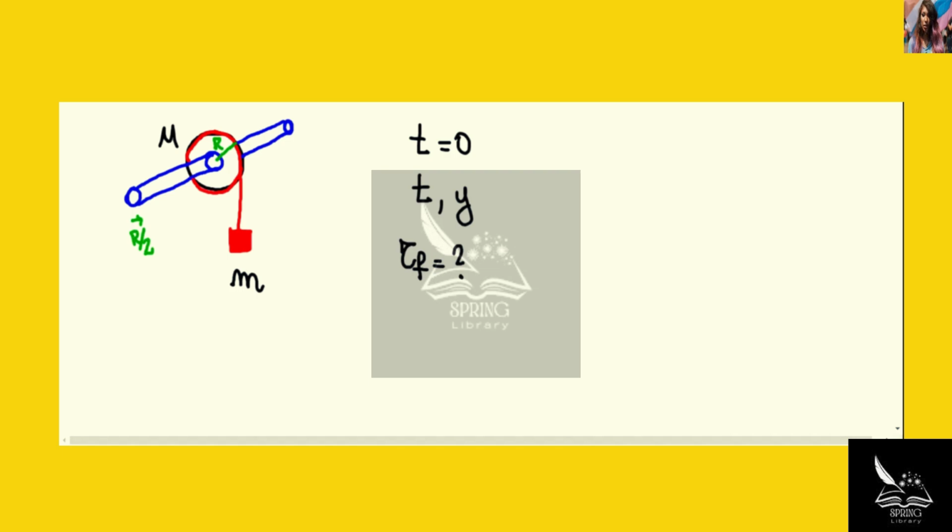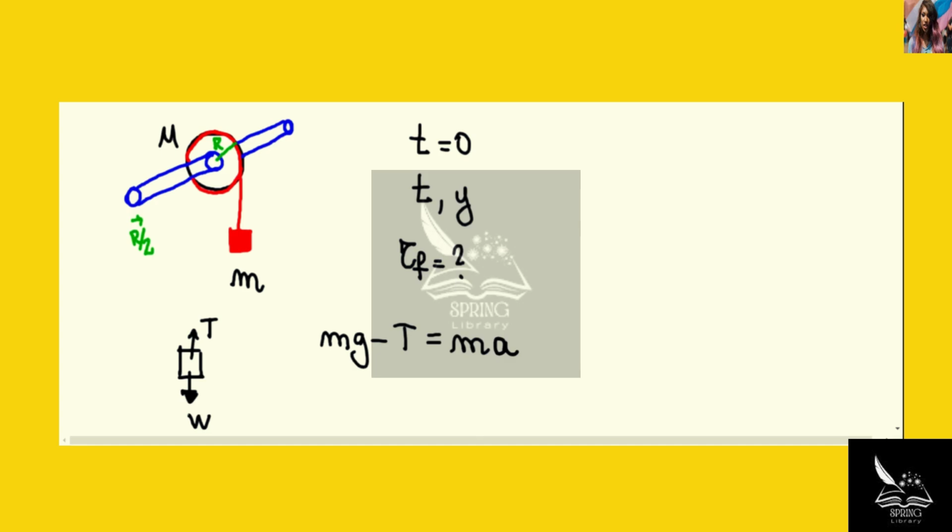So what I'm going to do is to write the force equation for both the counterweight and the spool itself. For the counterweight, we have the weight force pulling it down, so I'm going to call it W, and then we have the tension force pushing it up. So we have the weight force, that's mg, minus the tension, and that's equal to m times the acceleration a